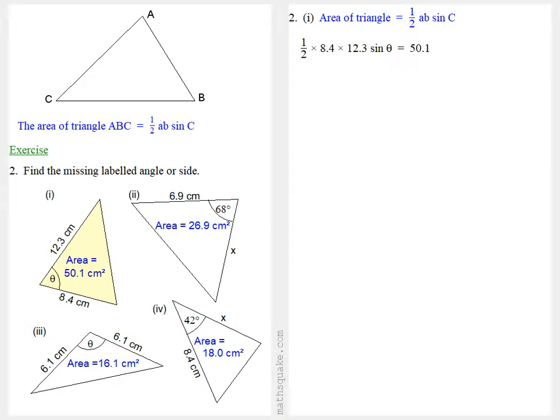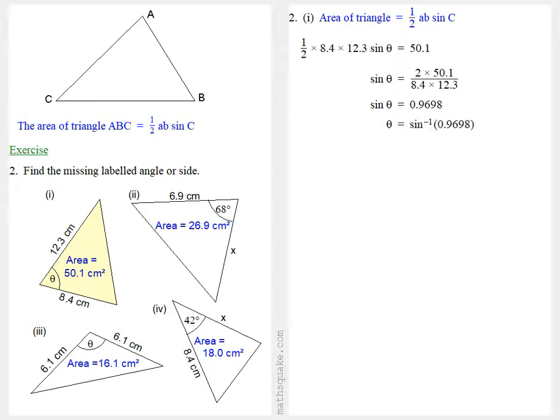Now we can multiply both sides by 2 and divide both sides by 8.4 times 12.3. And that gives us sine theta is equal to 2 times 50.1 over 8.4 times 12.3, which on a calculator works out to be the sine of theta equals